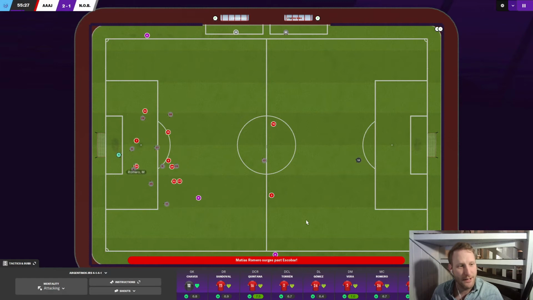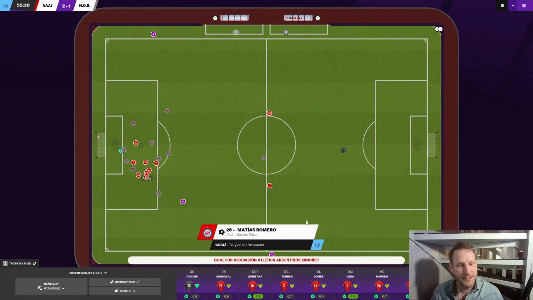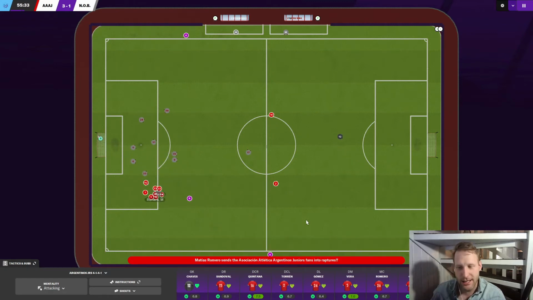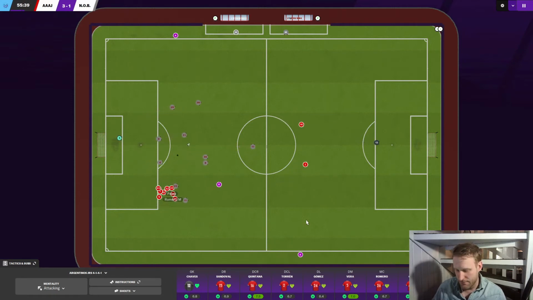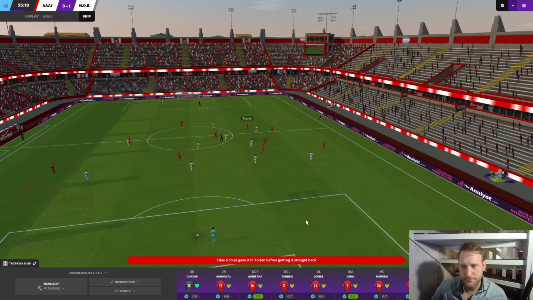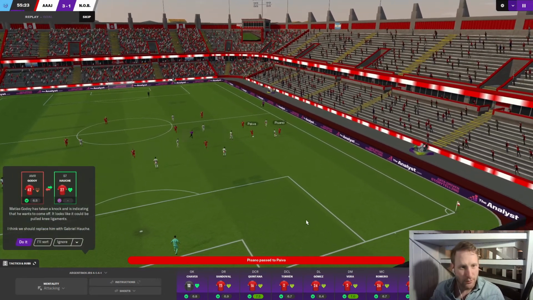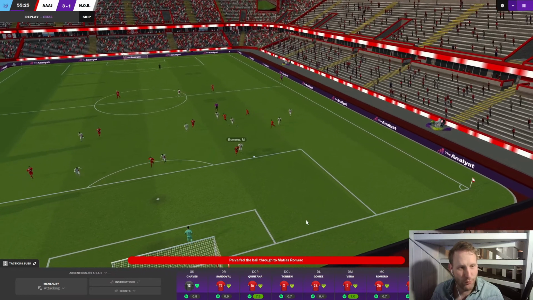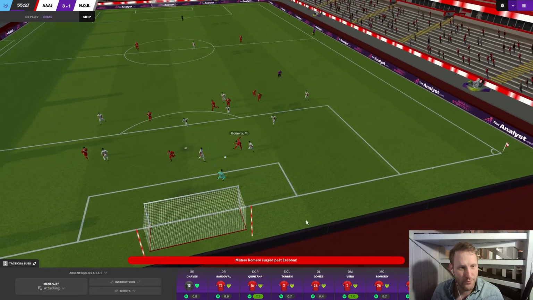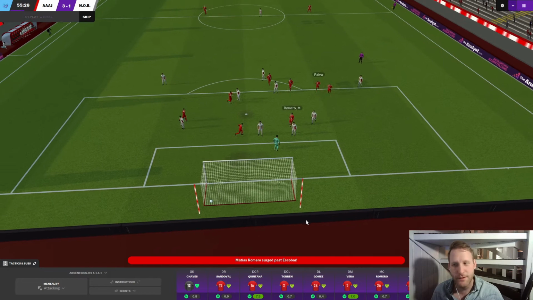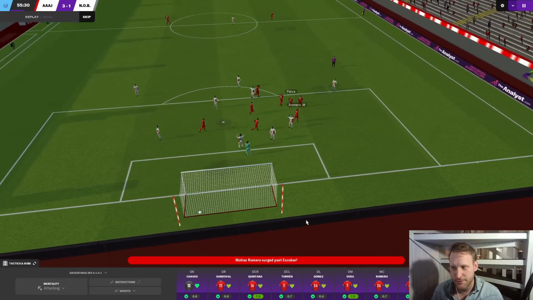No, and there we go. I like that. Ooh, this looks like a decent goal. Now it's going to be a bit laggy again, I think, for the replay, but that was actually a nice goal. Gomez to Pisano, Paiva, nice ball through. Romero runs through. That's exactly what you want the shadow striker to do.